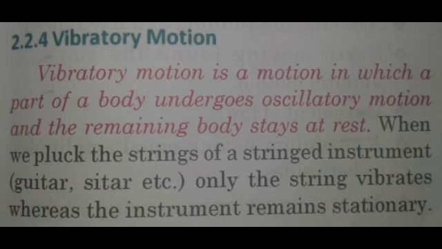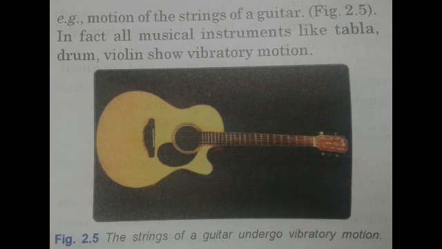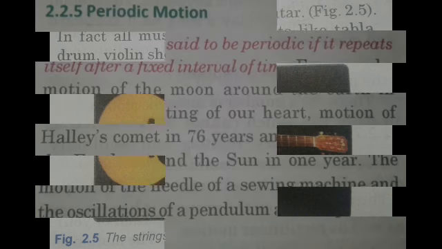Vibratory motion is a motion in which a part of a body undergoes oscillatory motion and the remaining body stays at rest. Vibratory motion भी एक हिसाब से oscillatory motion का ही पार्ट है, लेकिन उसका जो बाकी जो रिमेनिंग पार्ट्स होते हैं उस बॉडी के वो रेस्ट में रहते हैं, मतलब वो पूरी तरीके से मूव नहीं होते हैं। एग्जाम्पल, द मोशन ऑफ स्ट्रिंग्स ऑफ अ गिटार।